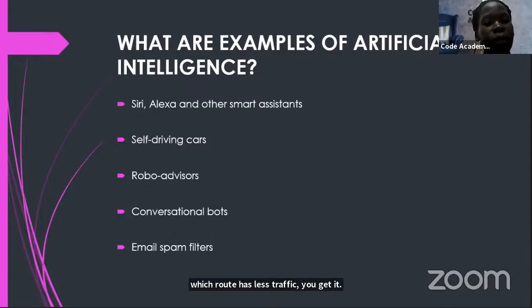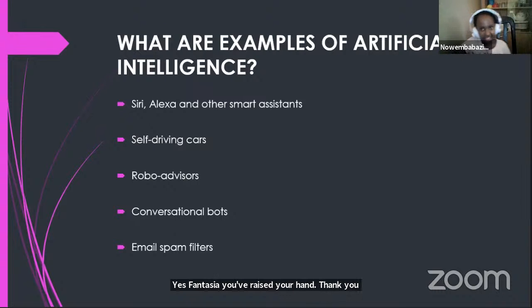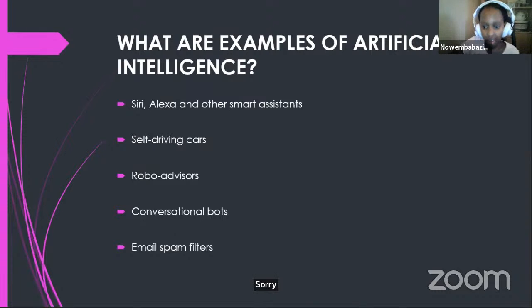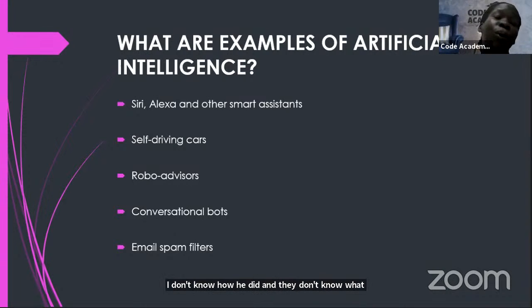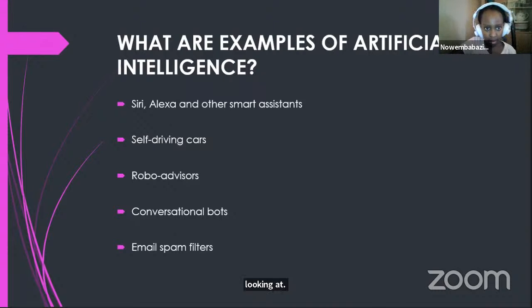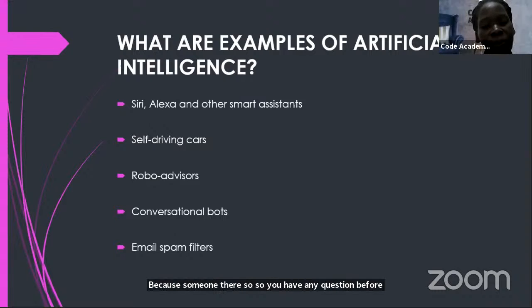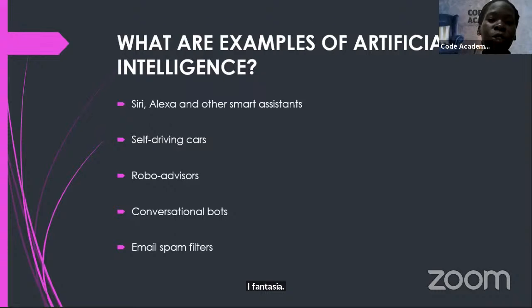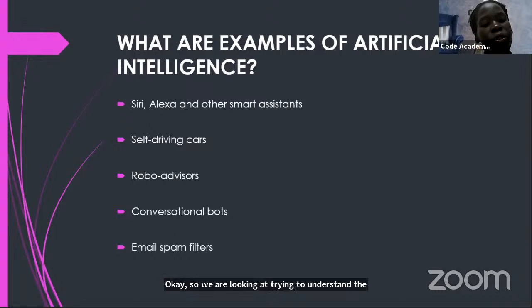Yes, Fantasia, you've raised up your hand. Thank you. I'm sorry, I joined late, so I don't know how it started and I don't know what you're looking at. Oh, thank you. Okay, someone else also, do you have any question before I go for Fantasia?